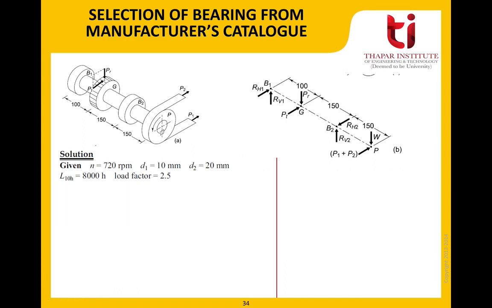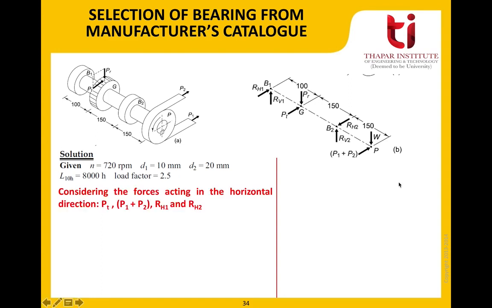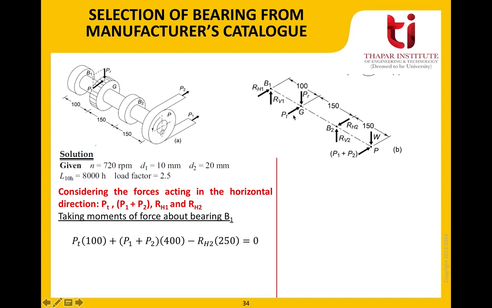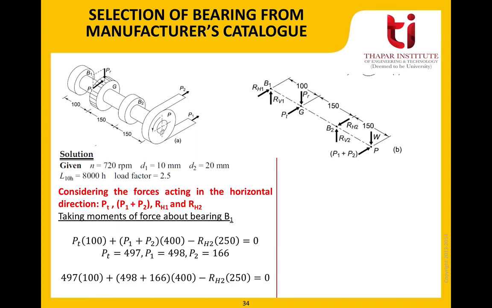Now we need to repeat the entire procedure for the horizontal direction as well, and we know the forces acting in the horizontal direction. It is PT, P1 plus P2, RH1 and RH2. So taking moments of the force about bearing B1, we can write down the equation: PT into 100, P1 plus P2 into 400, RH2 into 250. We know that PT is 497, P1 is 498, P2 is 166 Newton. Putting them back in the equation, we can evaluate the value of RH2 as